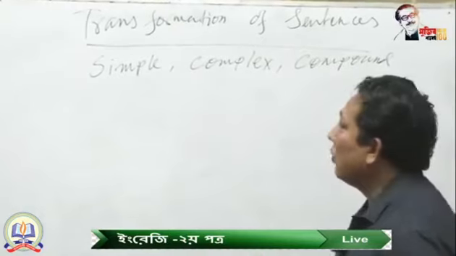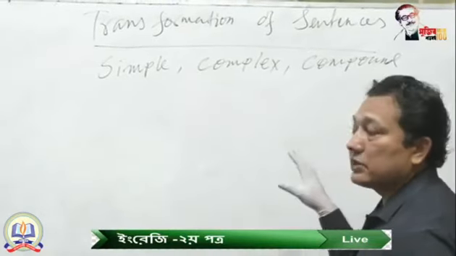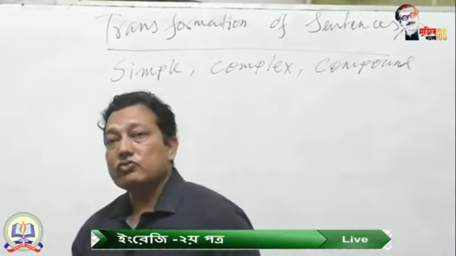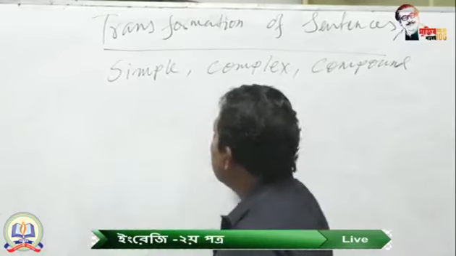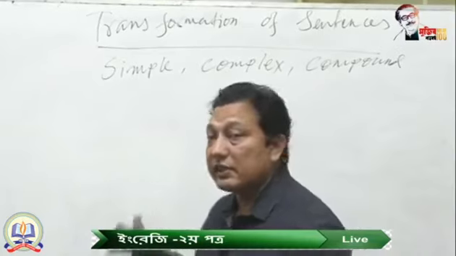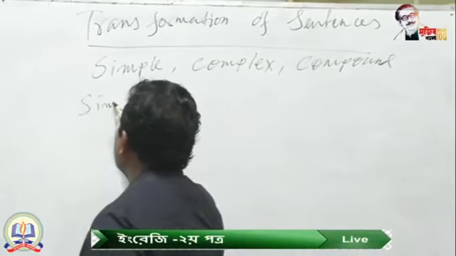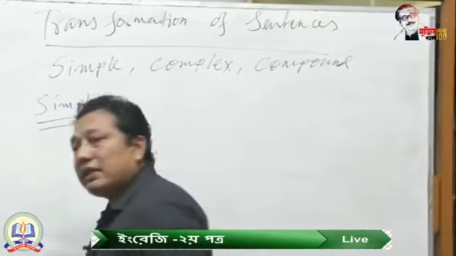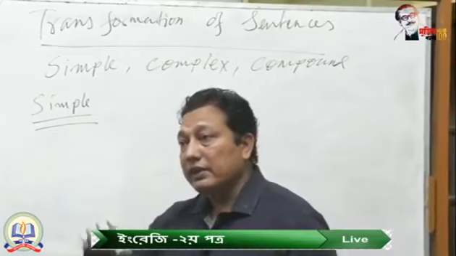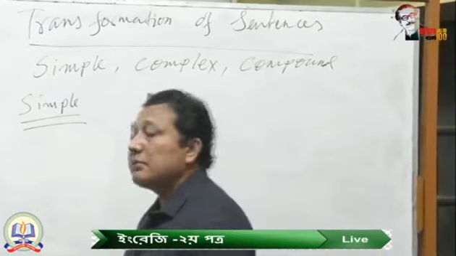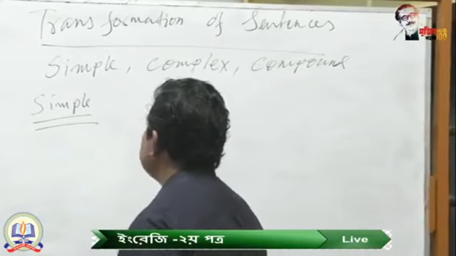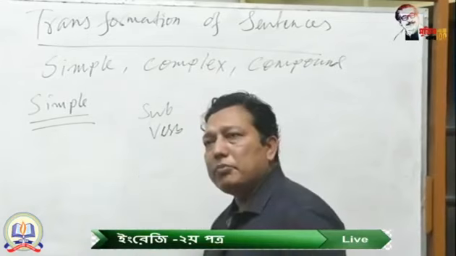At first you should know about the characteristics of these three categories of sentences. Structurally, sentences are of three kinds: simple, complex, and compound. Suppose a simple sentence. What are the characteristics of making a simple sentence? And how will you determine whether it is a sentence or not? Actually, a sentence depends on something. What is that? At first you need a subject, then a verb. Subject and verb are very important for making a sentence.